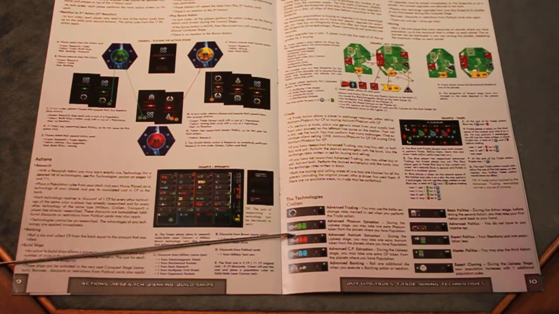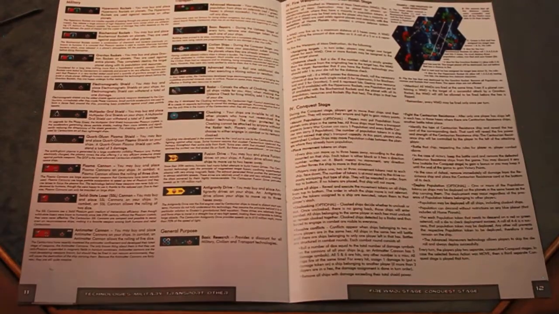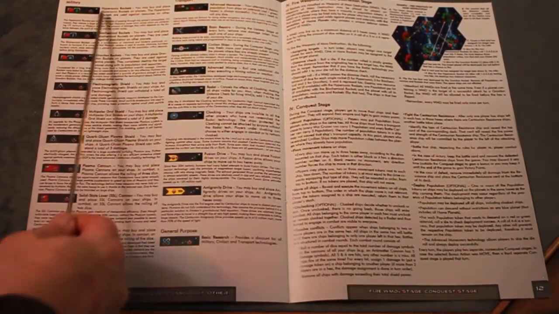Basic politics. During the action phase, before taking the second action, you may take your first action card back to your hand. Advanced politics. You have to pay income tax. Expert politics, your reactions cost 1 population less. Master politics, you may play the third action. Expert cloning, in the navigate stage, your population increases with 1 additional population cube. For each of these, they go into quite a bit of detail, but I was kind of talking about the